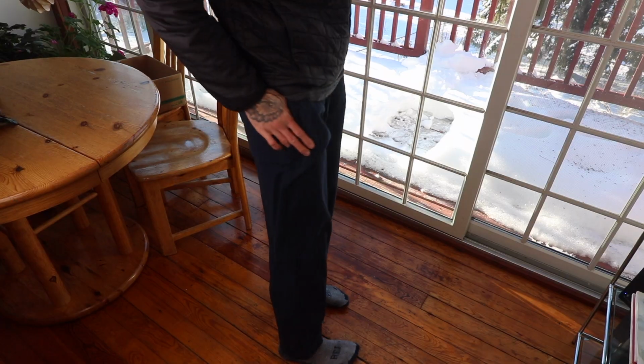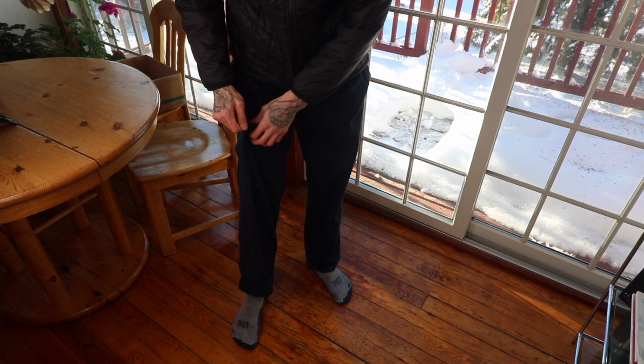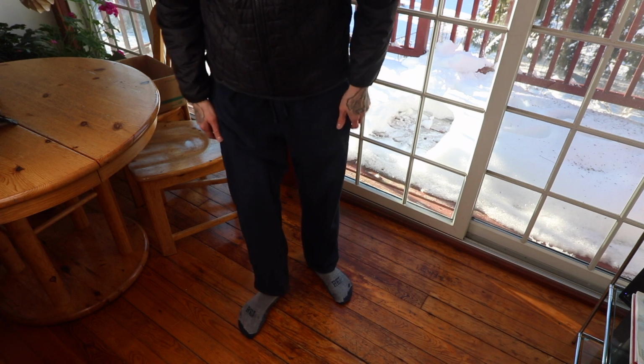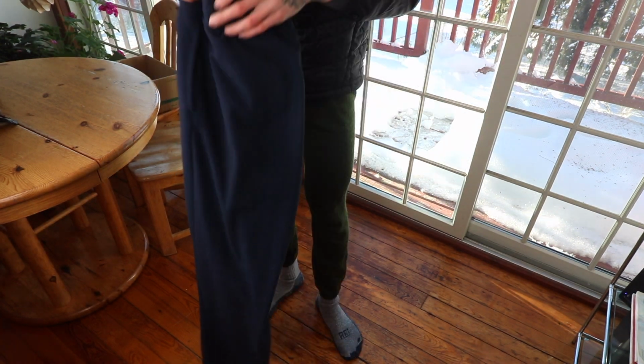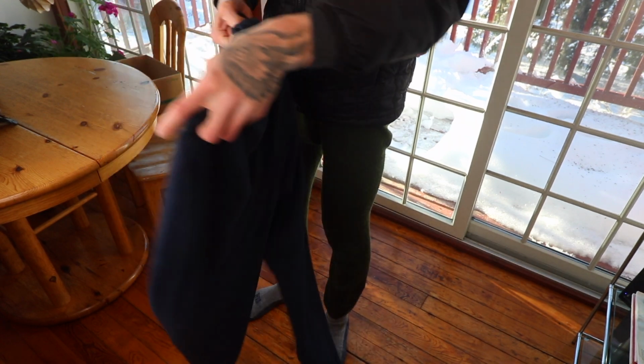And for my bottoms, I just use some fleece pajama pants that I actually use every night in winter just to go to sleep with, and they work perfectly outside as well. It's that nice fleece material, so it serves the purpose of pajamas and for being out in the woods. So there you go. And so moving on to your outer shell,